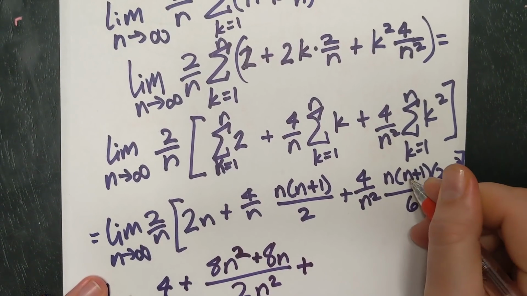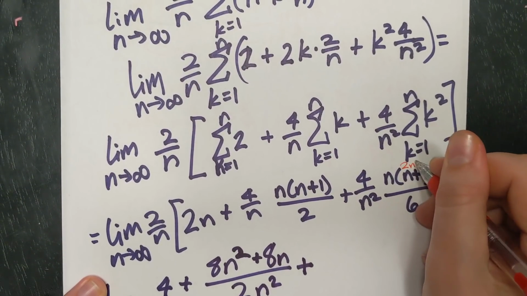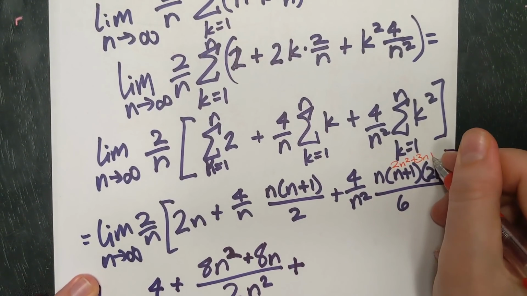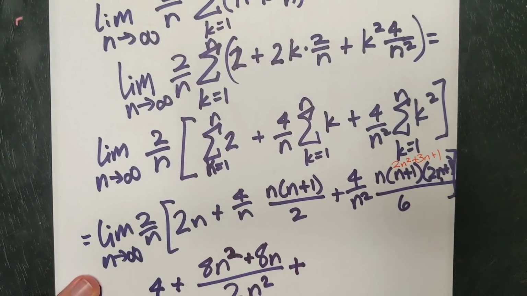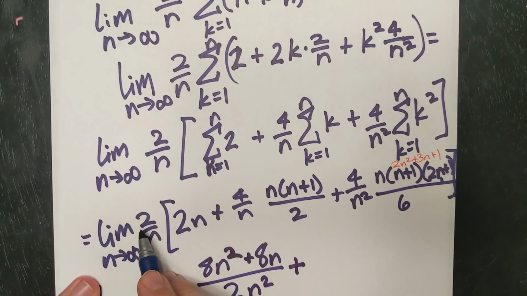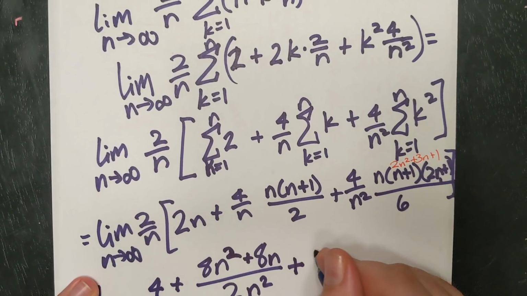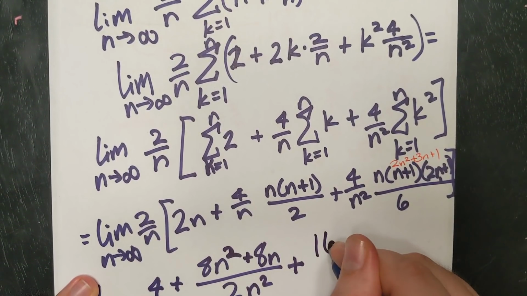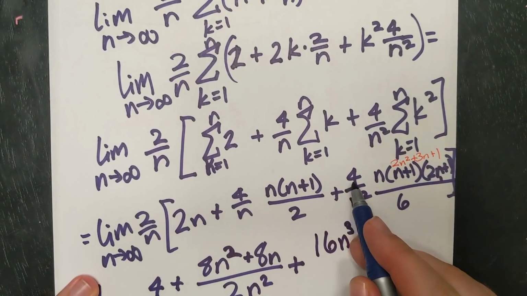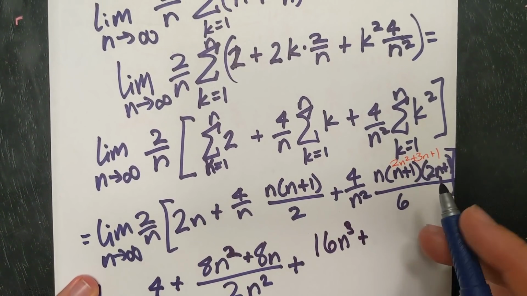This is just 2n squared plus 2n plus n plus 1, and times that all by an n, and times that all by a 4 and a 2. So it's going to be 8 times 2, so it's going to be 16n cubed, plus 8 times 3,